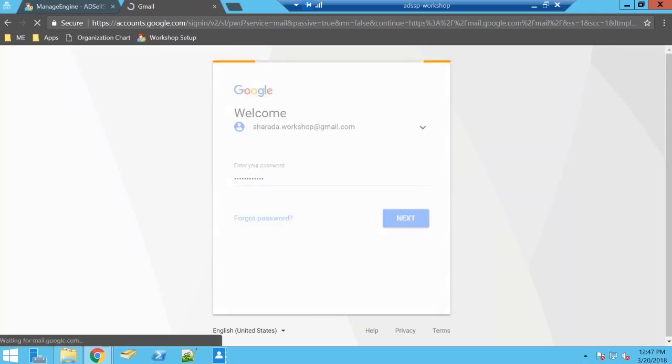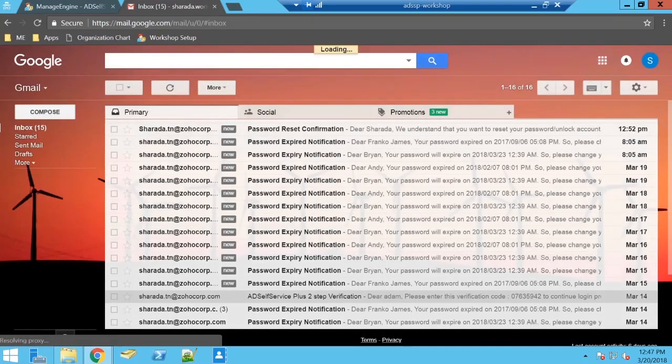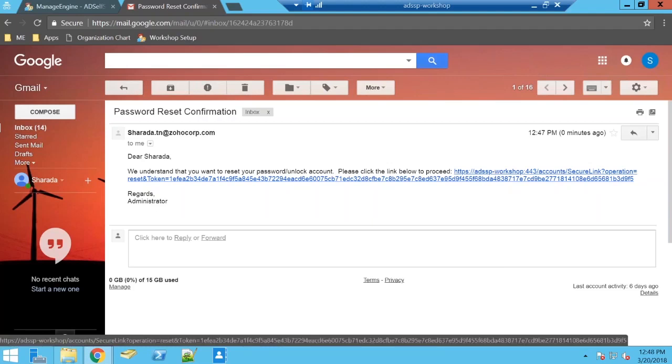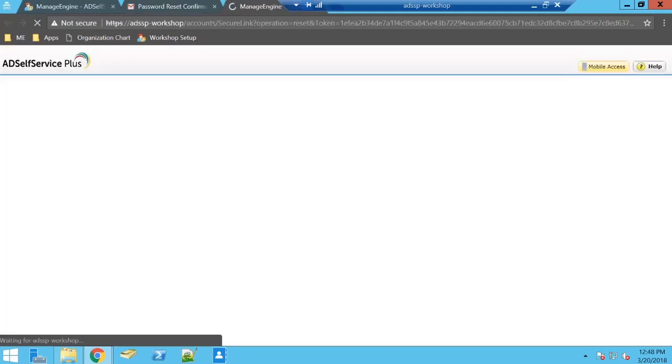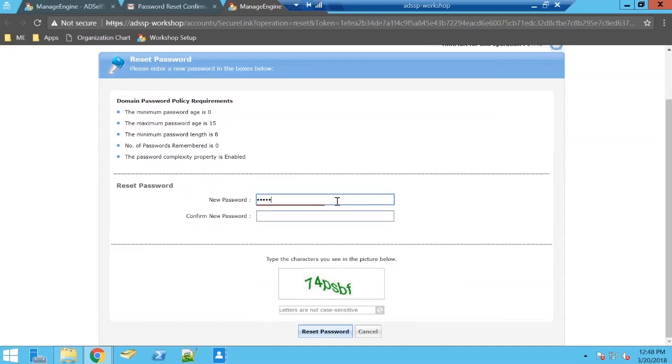And once I log into my mail account, I'm going to look for the verification code. Yes, I have a mail which says password reset confirmation. I also have the reset link right here, the secure reset link. And once I hit the link, I am redirected to the reset password page with a time left for this operation. I can successfully reset my password, the password that I forgot, the password that I do not remember anymore,